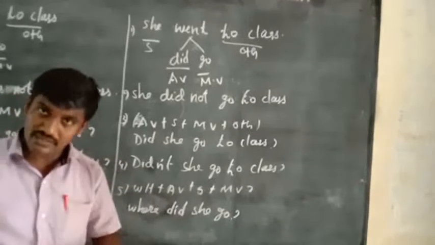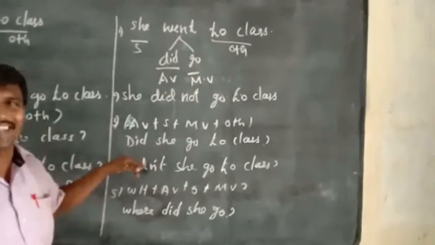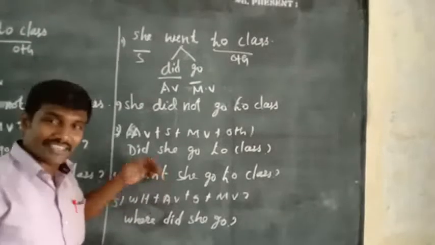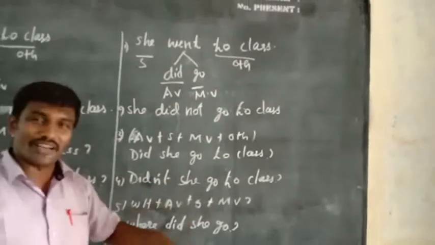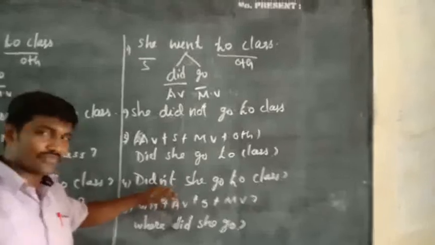Did you call me? Did you wait for me? Did you help me? Did you understand this one? Yeah, you can create a lot of questions like this. Okay. Then the negative form. Did she go to class? Okay, fine. In the negative form, you can write this is the spoken form. You can write the